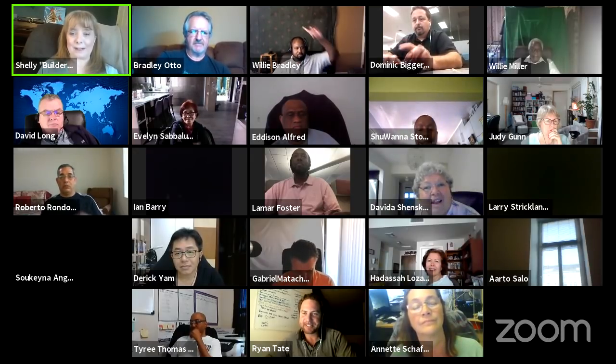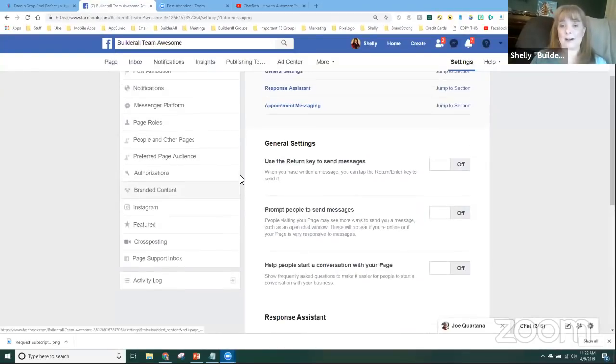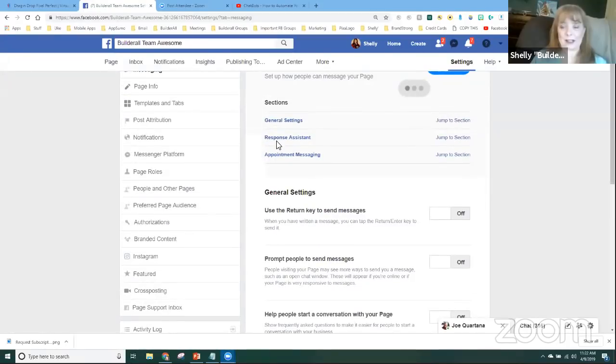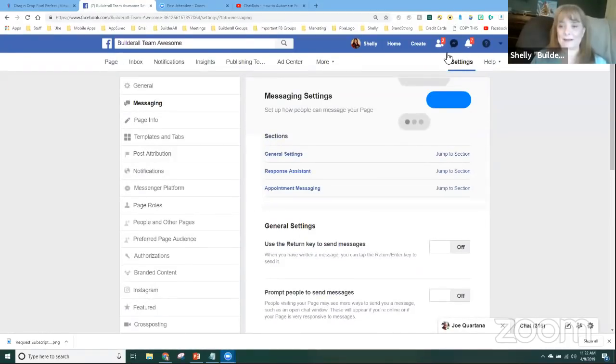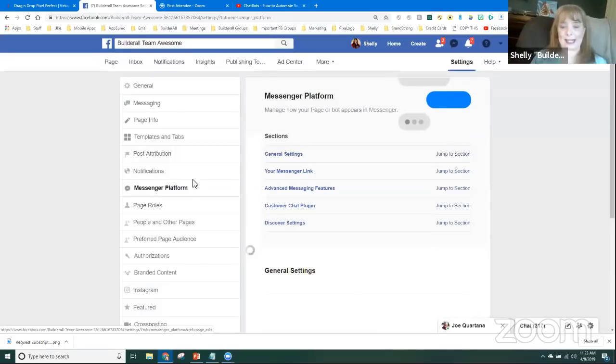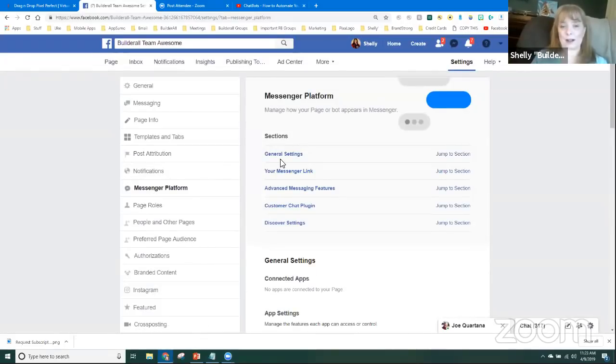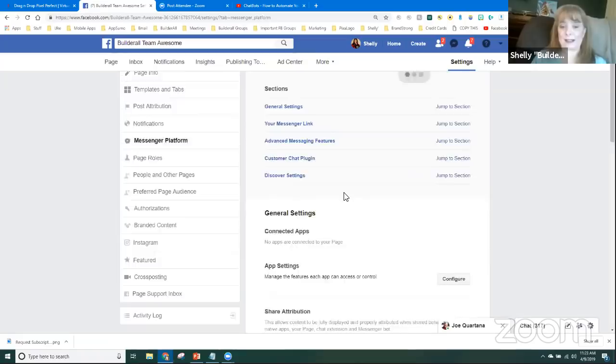All right, so let's go ahead and share again. And let's go ahead and talk about the next area I want you to focus on. So I'm going to go back to the top. We're still in settings. So I'm right here in settings. And I'm going to go down here where it says Messenger platform. So if you guys are doing a screen capture, circle that bad boy so you know that's where you need to go. And when I click it, this is some more stuff having to do with Messenger and the whole Messenger platform. So we're going to go through and check some of these as well.